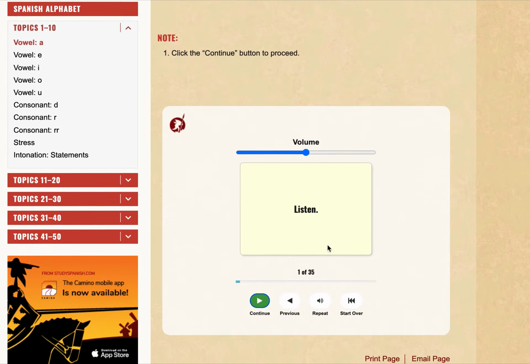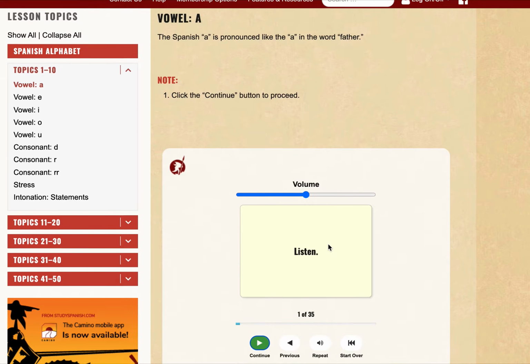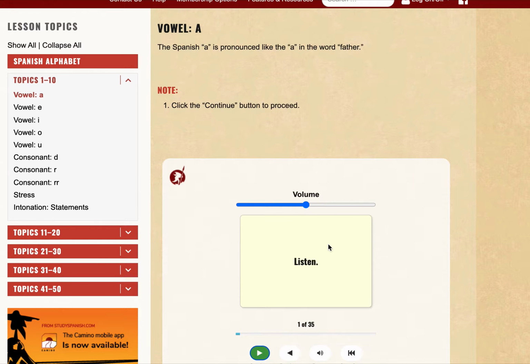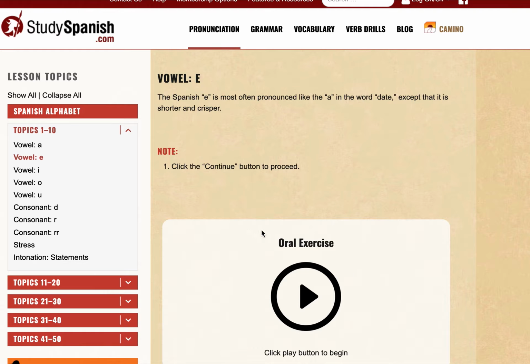Okay, it looks like you have completed the list of 35. And with that said, let's move on to the next vowel, which is E. Spanish E is most often pronounced like the A in the word date, except that it is shorter and crisper.